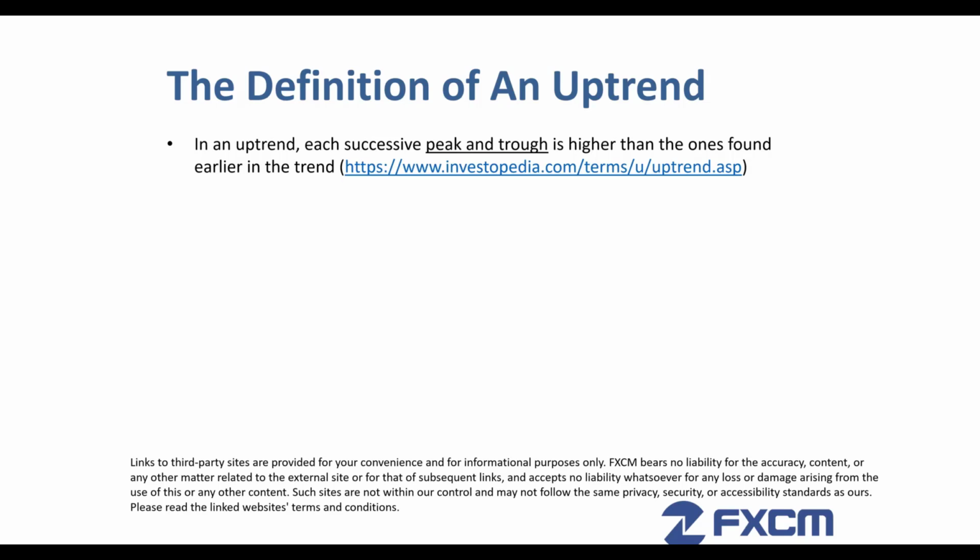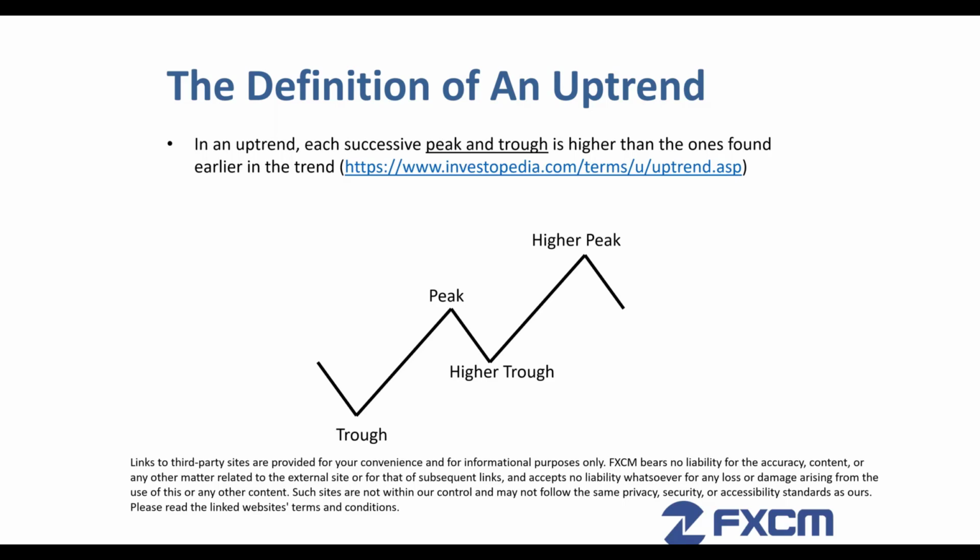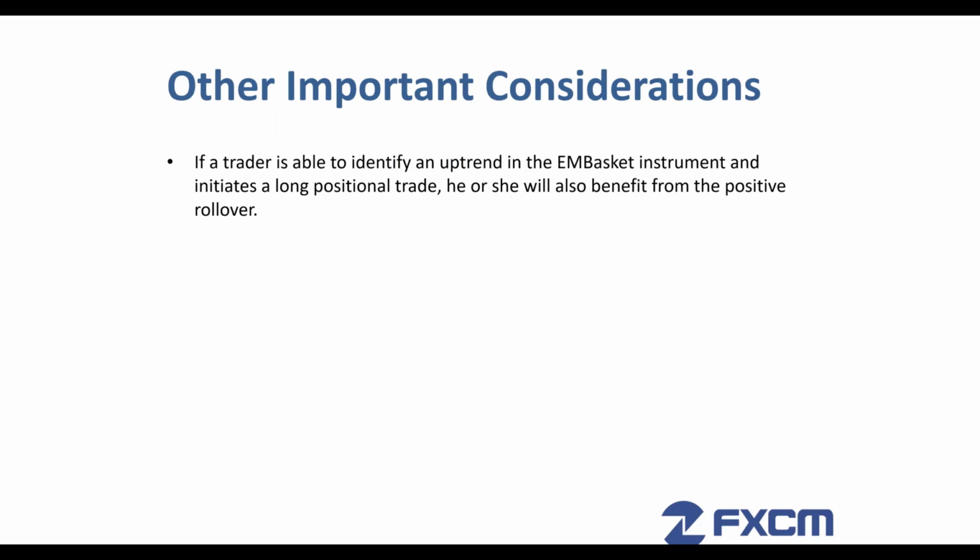In an uptrend, each successive peak and trough is higher than the ones found earlier in the trend, and that was off Investopedia. Graphically, you can see here a higher trough followed by a higher peak. This is an uptrend. Now, if the trader is able to identify an uptrend in the EMBasket instrument and initiates